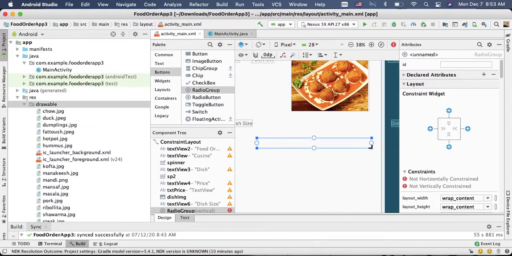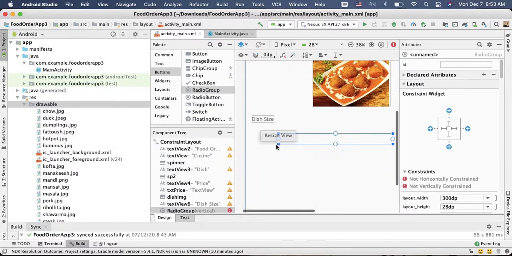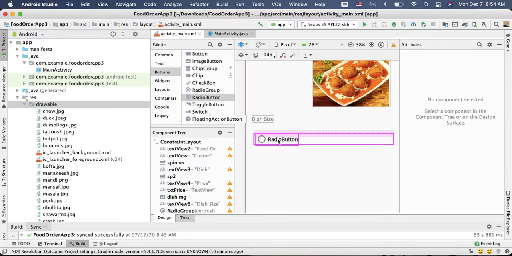I'll put three choices, which are small, medium, and large. Inside the radio group, I'll get the radio buttons. The radio group itself, I'll constrain it. Now, the first radio button inside the radio group